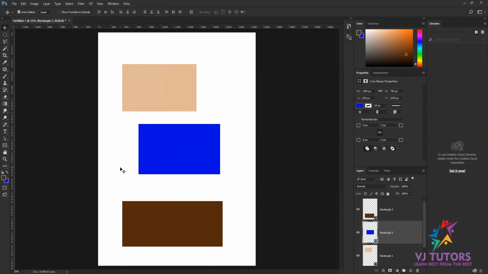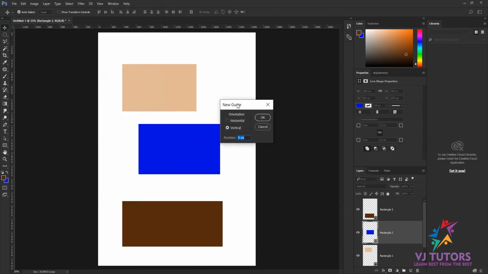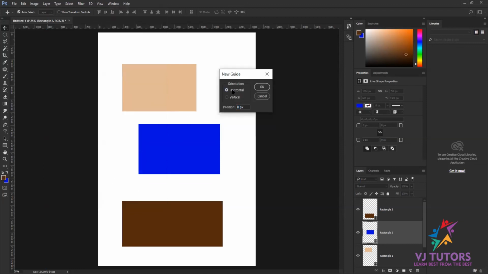Okay, now suppose you want a guideline on a particular pixel or particular point. I just go to view and click on new guide. In the new guide option, we have an option called horizontal or vertical. So I'll just give a position. I want a vertical guide and I give a position of 300 pixels.